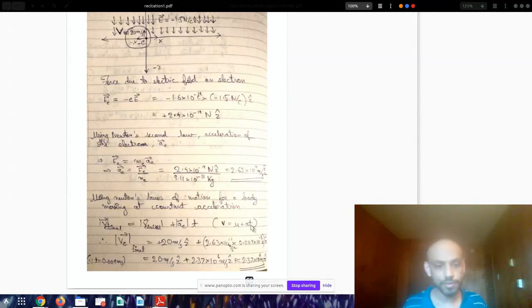So you've been given this time. This time is given as 0.009 milliseconds. The initial velocity u is given as 20 meters per second in the z direction, and the acceleration of the electron we just calculated is 2.6 times 10 to the 11 in the positive z direction. So you can just plug in the values and do the sum, and that'll give you the final velocity of